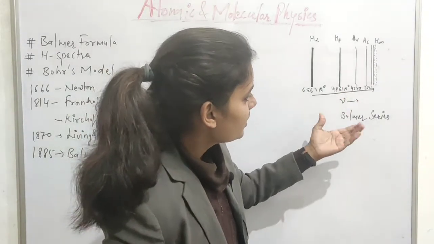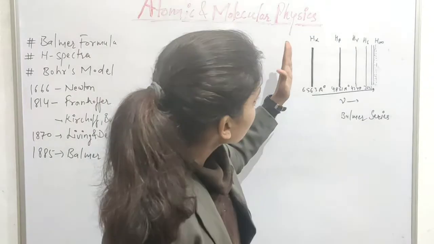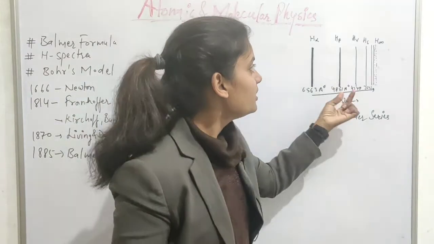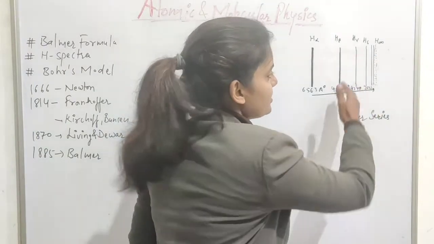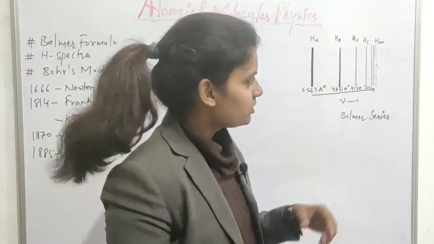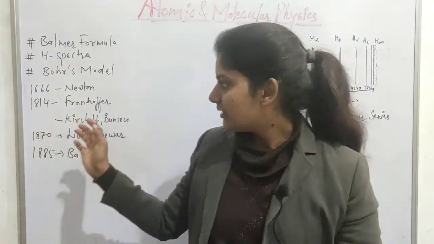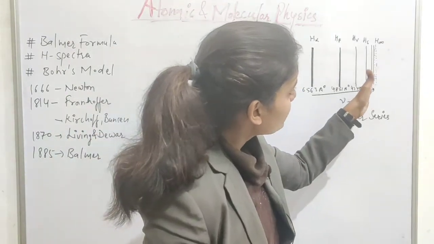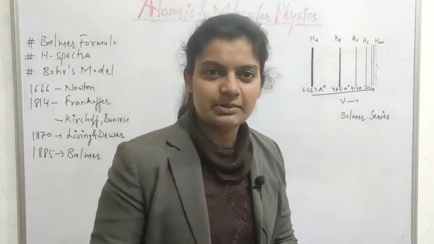This is how the spectra in the visible region of hydrogen look. The first line is very dark, meaning it has higher intensity. The next line is of quite lower intensity. In this manner the intensities are decreasing and the spacing between these lines is also decreasing. This is the type of pattern observed by Levy and Dewar in 1817, and this series ends when this number becomes infinity. Then this gave a series limit.